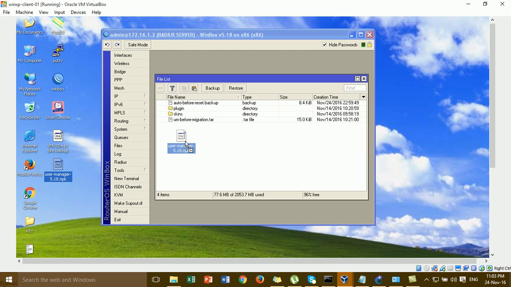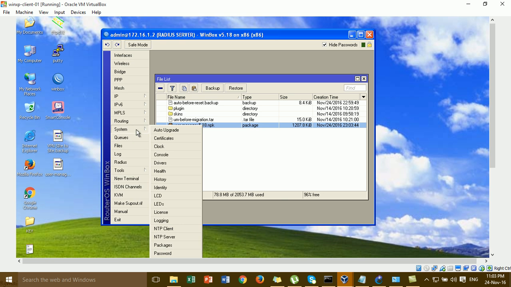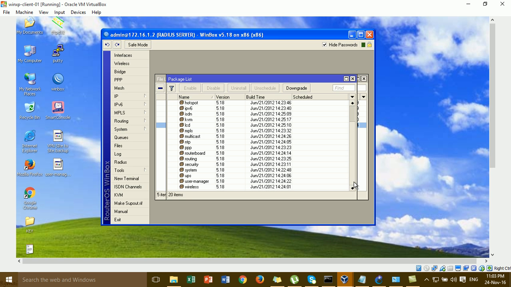Okay, you can go to the file and upload to this one. When you upload, you see the user manager. Then you can click on the system and package, this one, package. So you can see the package. This is the package that